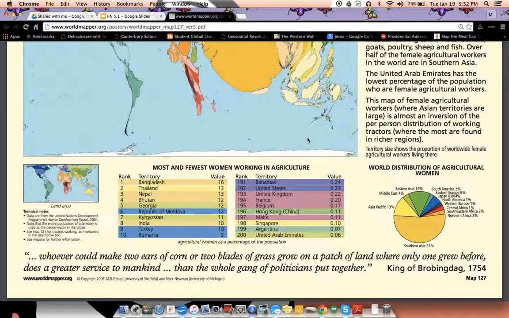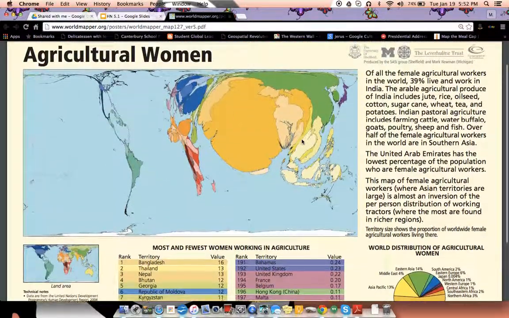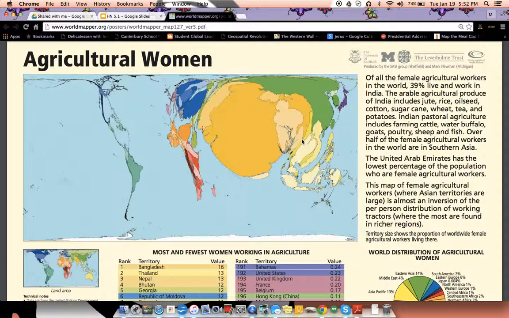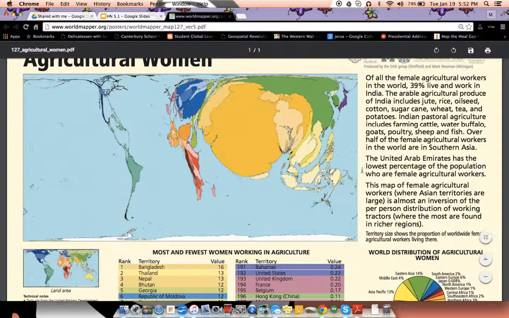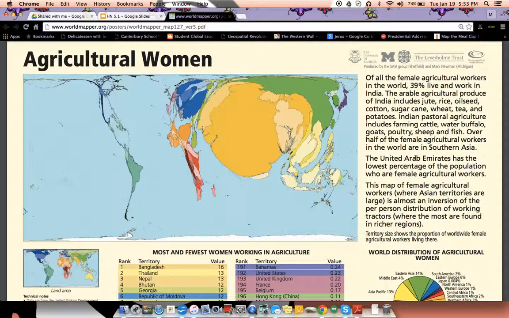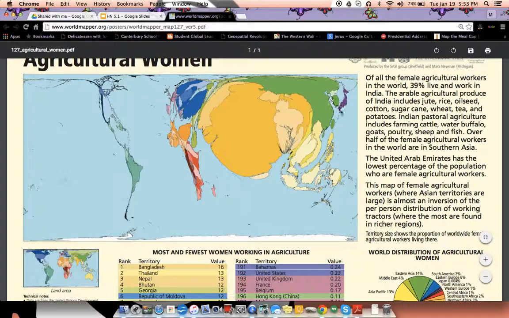Before I show you the answer for Roman numeral 1b, for conclusion, what conclusion can you come to just based off of looking at this map about the roles of women and how it's different in LDCs than from MDCs? Okay, take a moment to write down your answer to that.